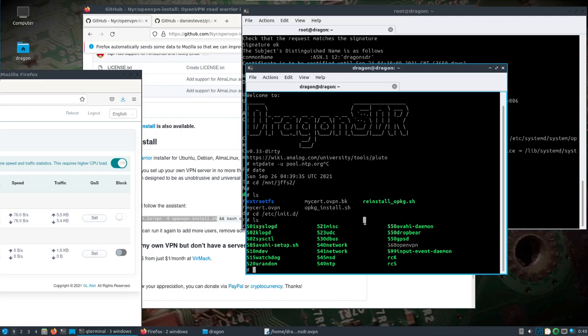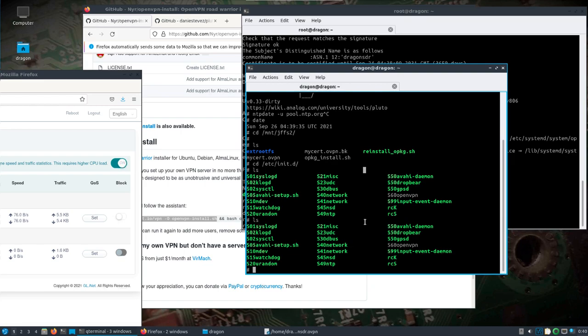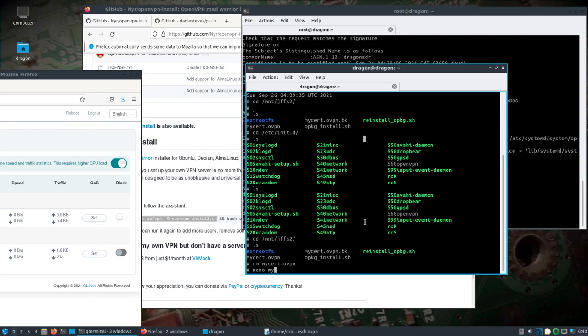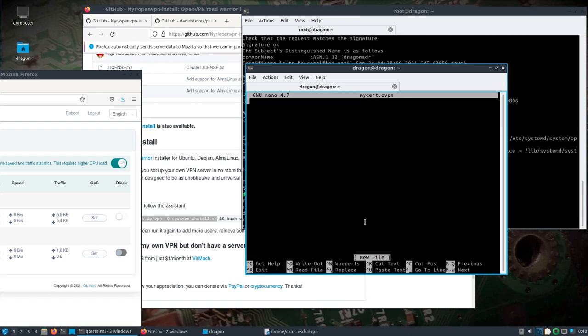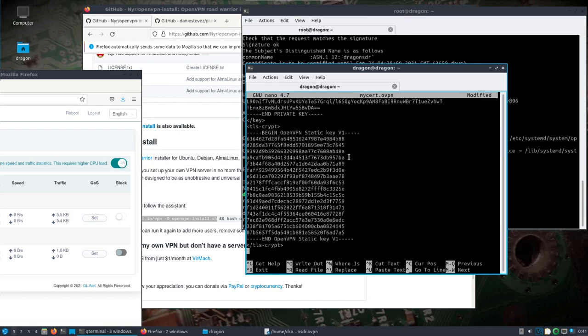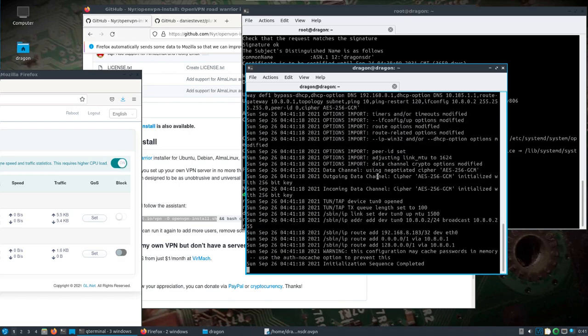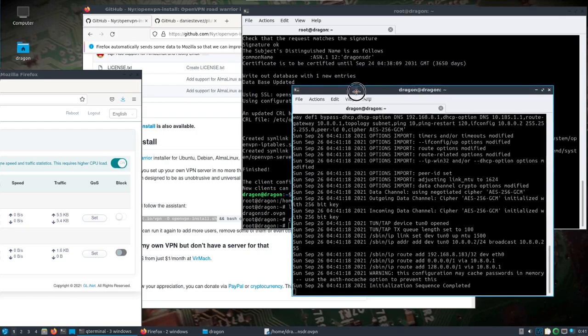Alright, anyways, so what we want to do is go back to that mount JFFS2. I'll just remove my cert. We'll do a nano mycert.ovpn, and I'm going to copy over all the information in regards to my key. Okay, so fingers crossed. We'll do OpenVPN --config mycert. And looks like we're getting a successful connection to the OpenVPN